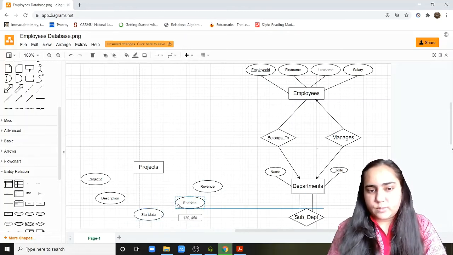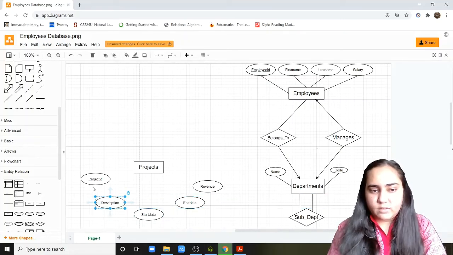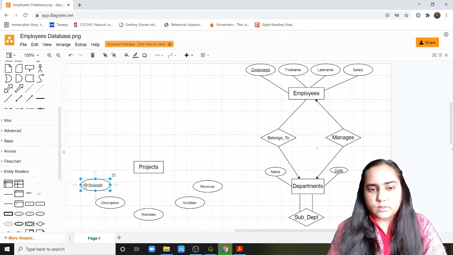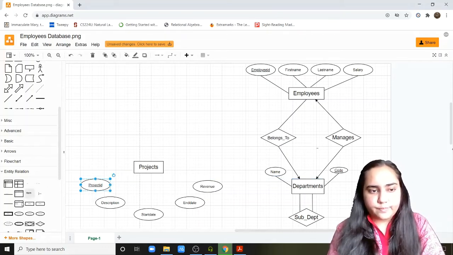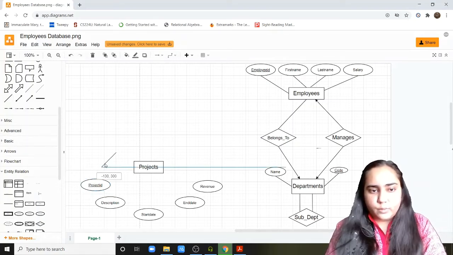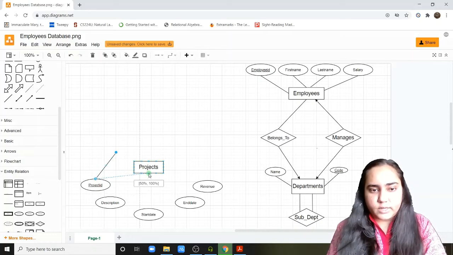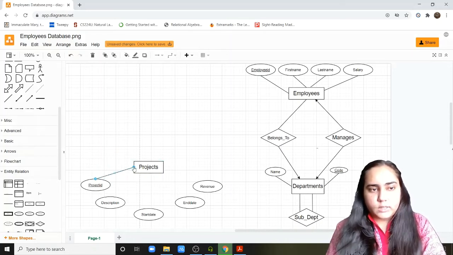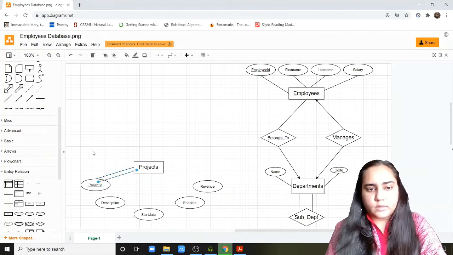It's not compulsory to make it look this way, but if you wish to, you can arrange it in a way that is pleasing to the eyes. Now let's connect all of these. So we are going to connect projects right here with project ID. I can connect it to the side. Then I'm going to connect